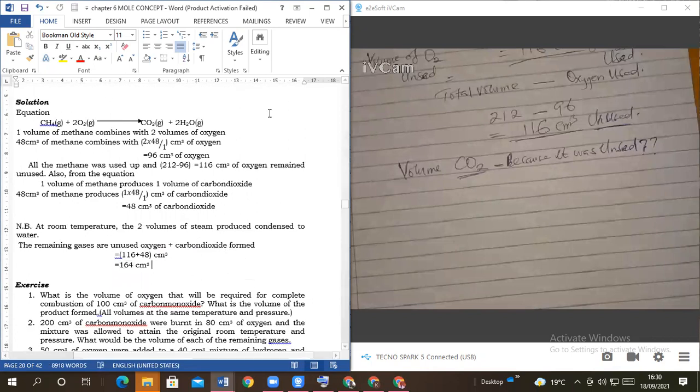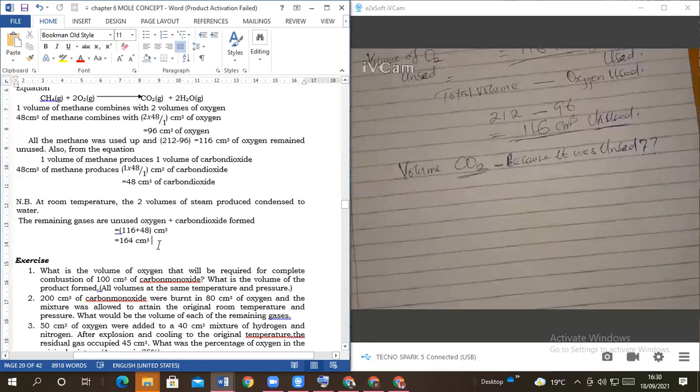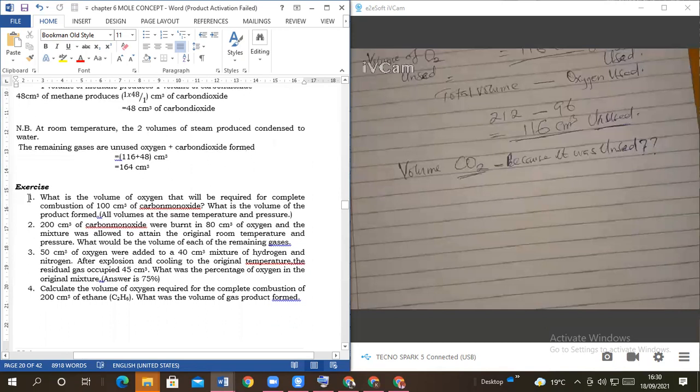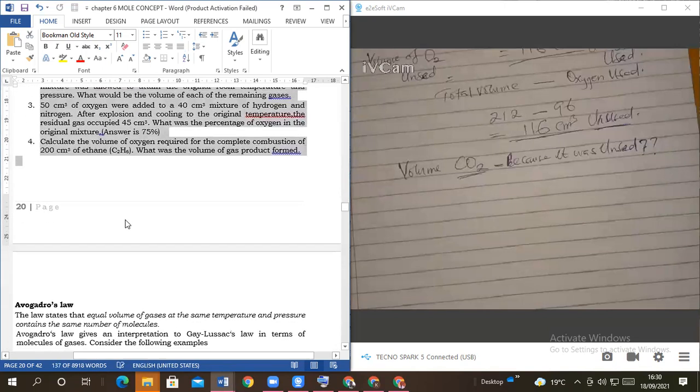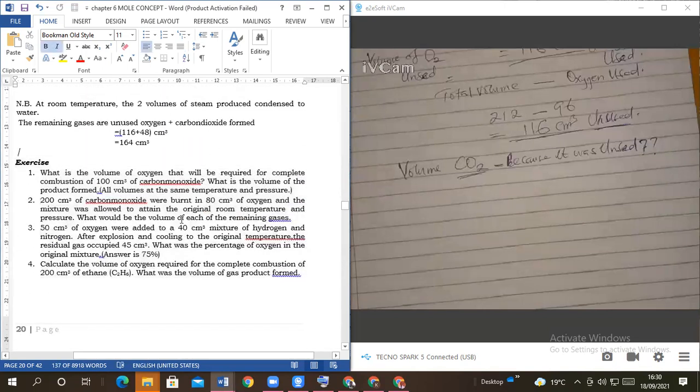If you also get the water at the gaseous state and add it there, it will increase. But now we are not minding about that vapor. We are only concerned about the oxygen and carbon dioxide. So if the question comes, this is the exercise we are going to struggle with for now. This one. So make sure you get